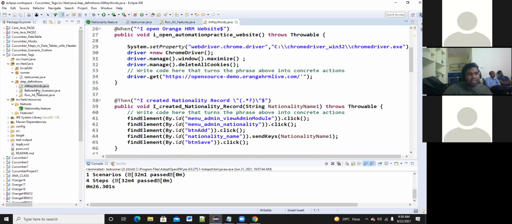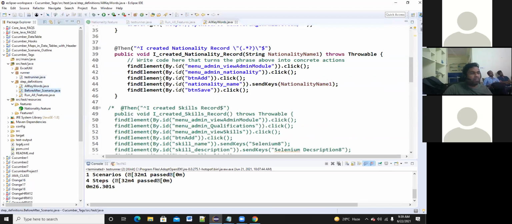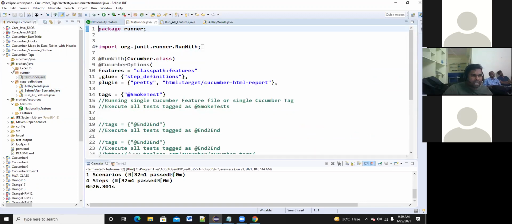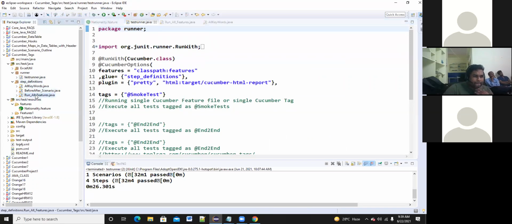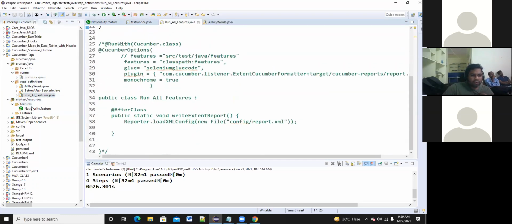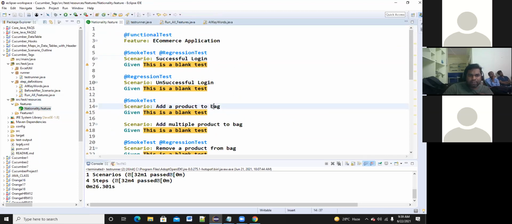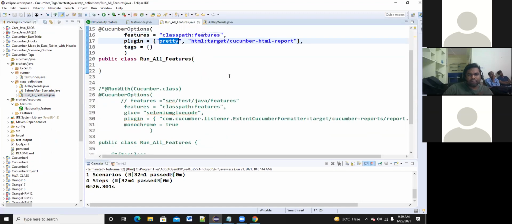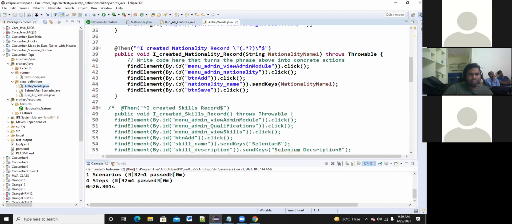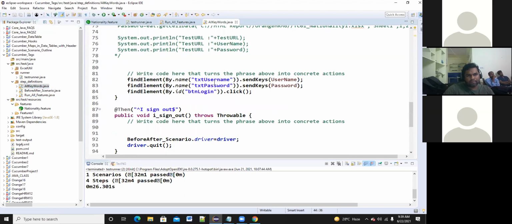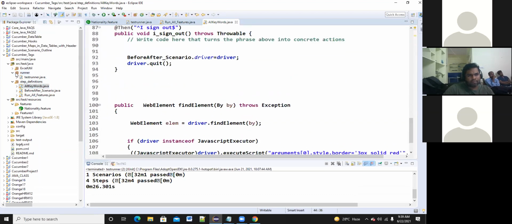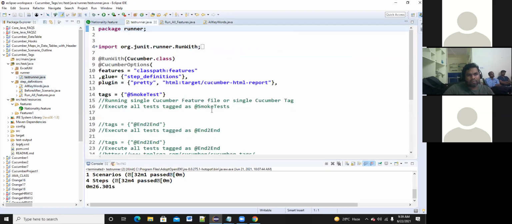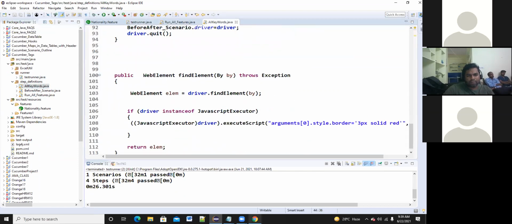I haven't written any of the test implementation steps. I have to write somewhere. Add to product, before and after scenario, run all features, all keywords, step definitions.